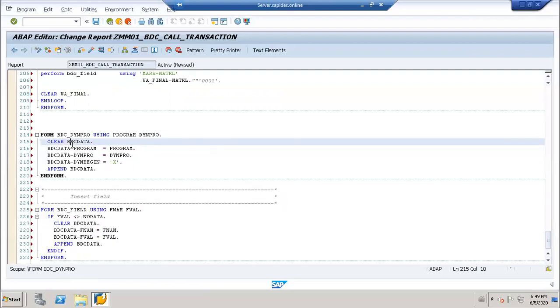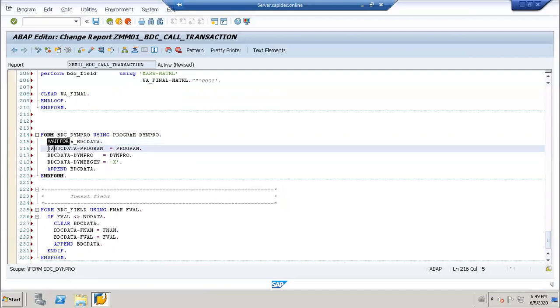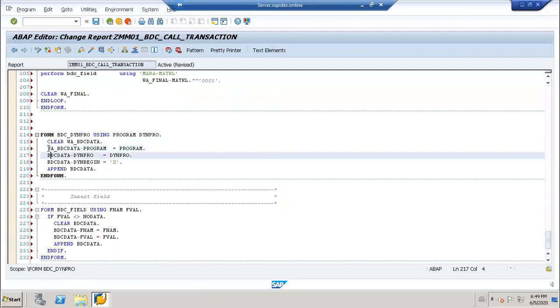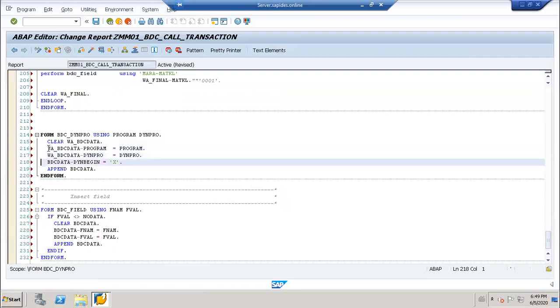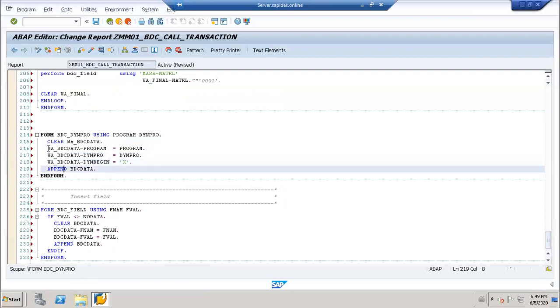So here you have to take a work area. Instead of the direct left hand side, what you have to write? Work area to IT underscore BDC data.